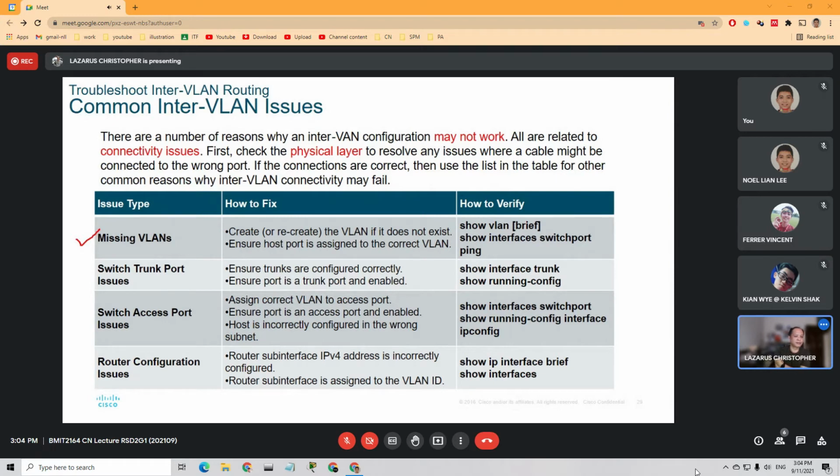Is that okay? That's the proper step. Right, and maybe switch trunk port issues. Why we need to have trunk port is because of switch to switch, or switch to router on a stick. Remember, sometimes we are still small companies,